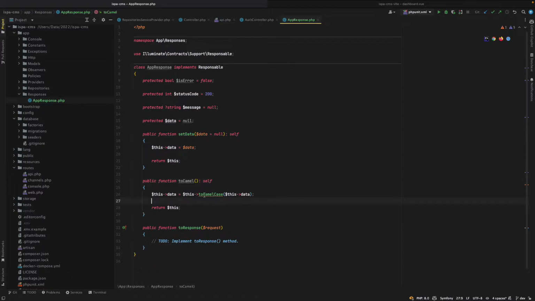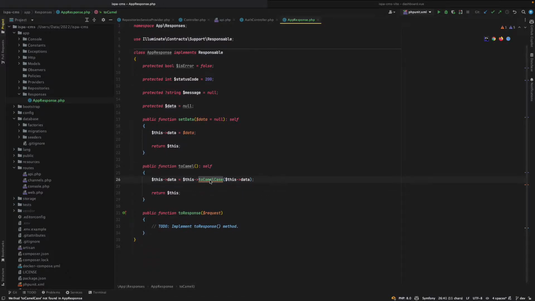Okay, and to convert this case, maybe we have a macro here. So the macro with the camel case for the